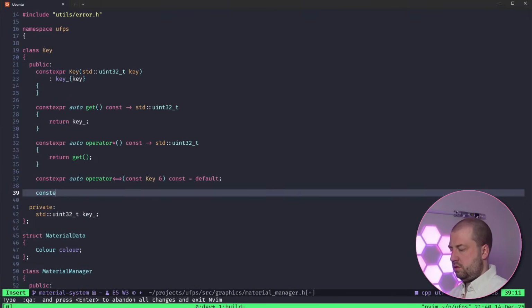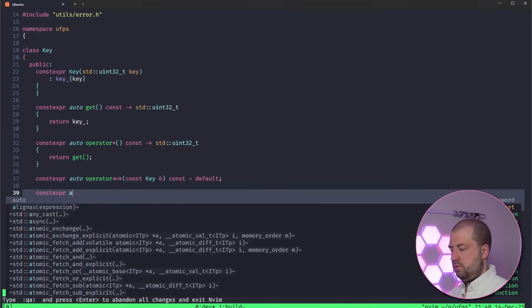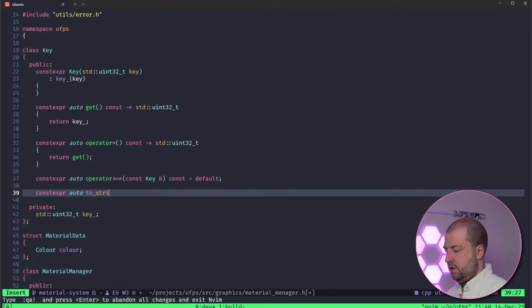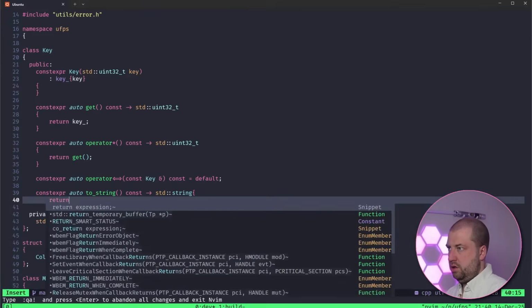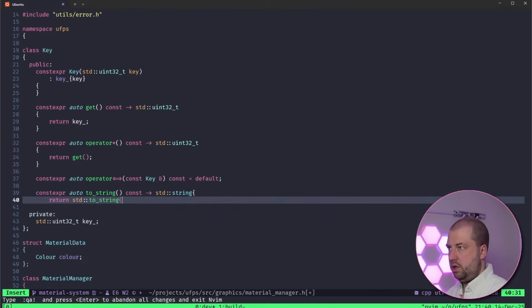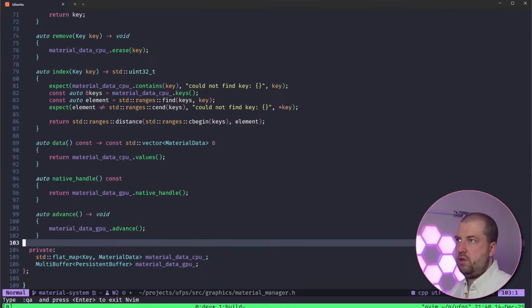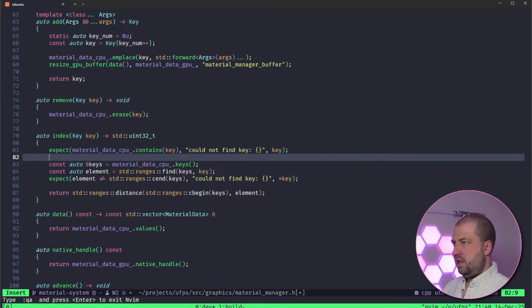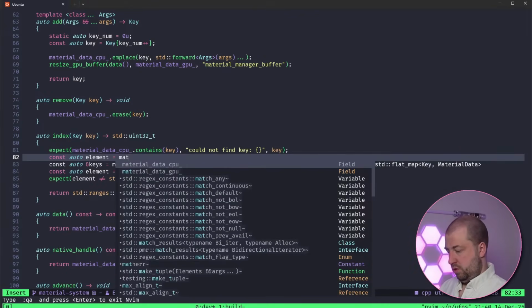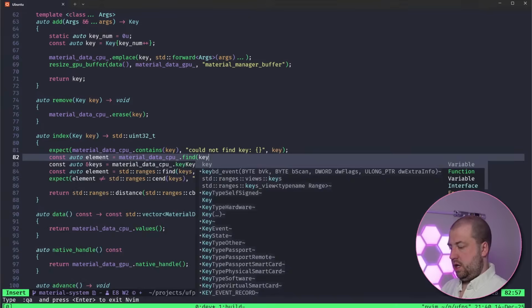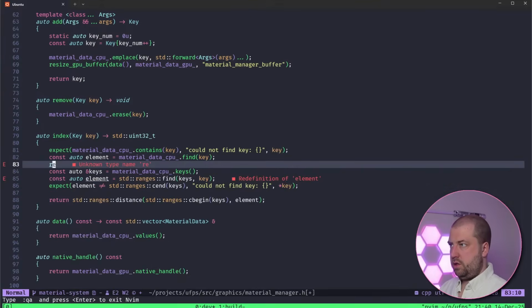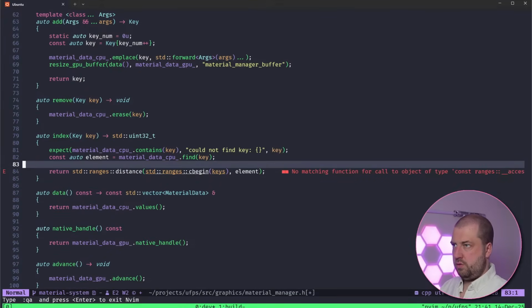Okay, so then we should be able to just do context. Oh, I don't know if that's auto to string. const std::string, return std::to_string key. That should work. Okay, fine. So we'll expect that. Then we'll do const auto element equals material CPU dot find key, and then we will return std::ranges